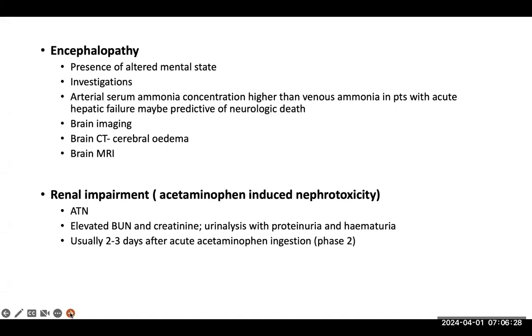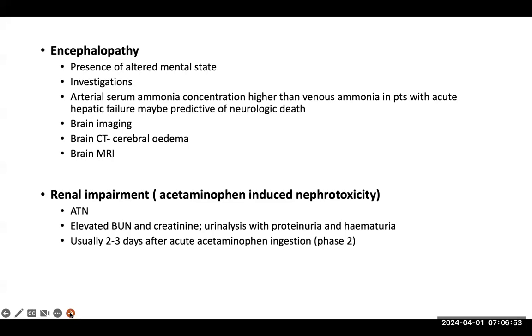So the brain imaging that you want to do, besides your serum ammonia, you might want to do brain imaging also for this, and you want to do a brain CT, which will show cerebral edema. And if you want to be more specific, you can also do a brain MRI, that will also show the cerebral edema. Then we now have another complication known as renal impairment, which is